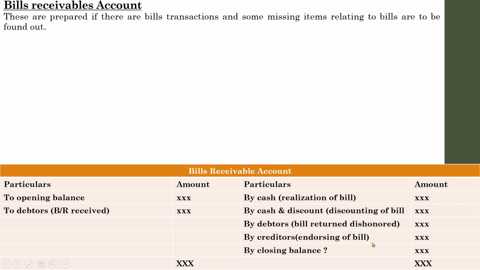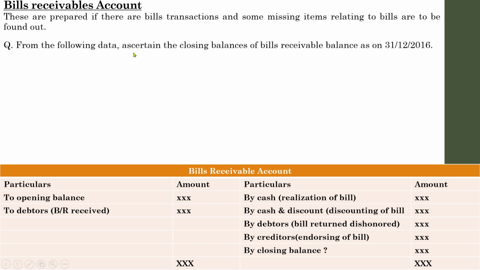Usually in the question you may come across any of these items among the adjustments. Anyway, this account is mainly prepared to identify the closing balance, or if the closing balance and opening balance are given, any of the individual items that may be missing has to be ascertained. So let us write down a case.